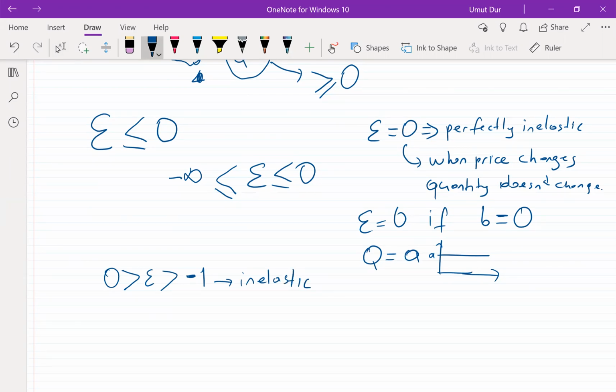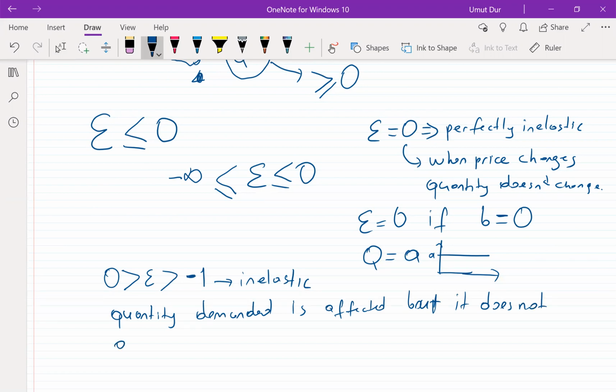Quantity demanded is affected, but it is not affected that much. Okay, so basically, if you increase the price by 2 units, if you double the price, for example,